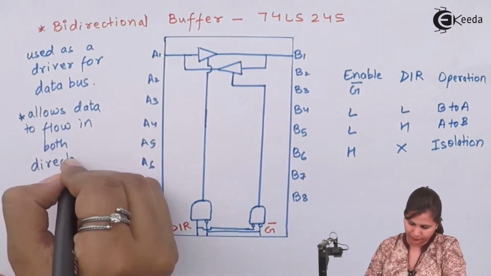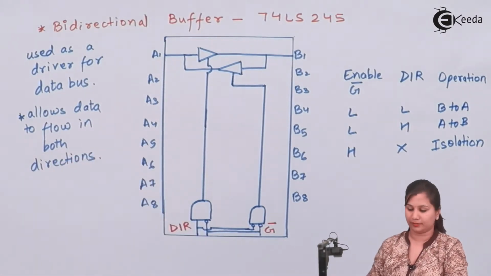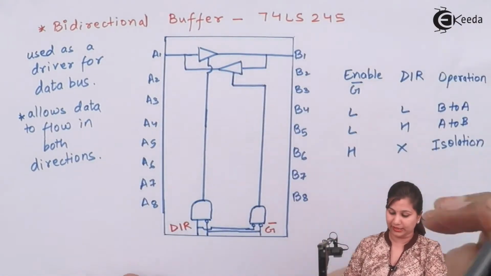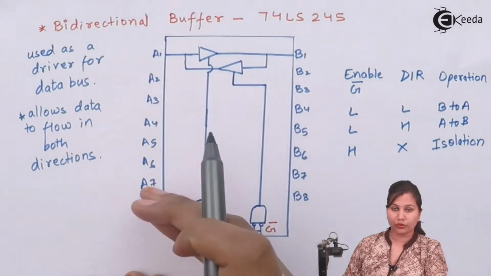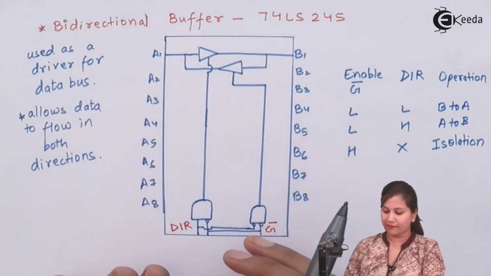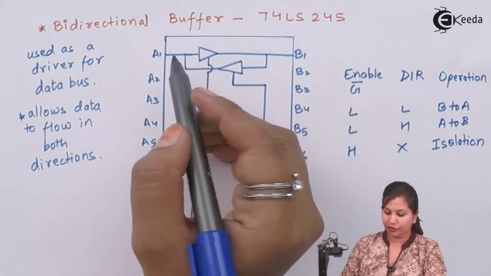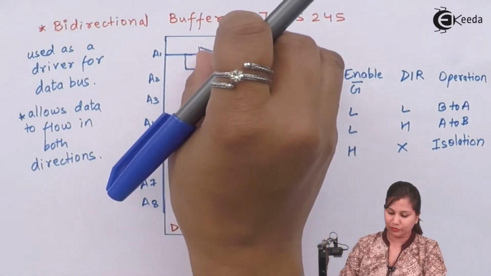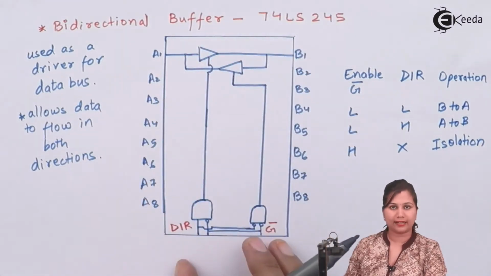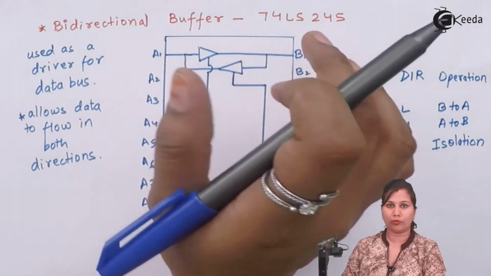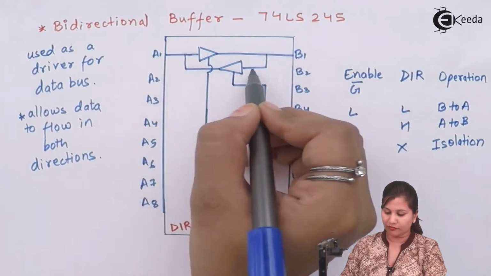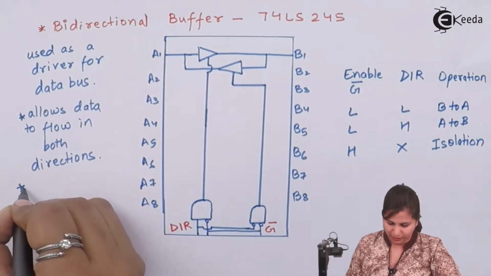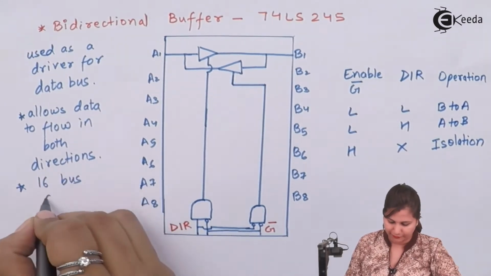Now in this bi-directional buffer, that is the 74LS245 IC, we have A1 to A8, that is 8 inputs and 8 outputs, and for each input output connection we have two buffers involved. So this circuitry is for all these 8 connections. We have just shown it here for one. So for this connection we have two buffers, so for 8 we will require 16 buffers. So there we have 16 bus drivers, we can say,